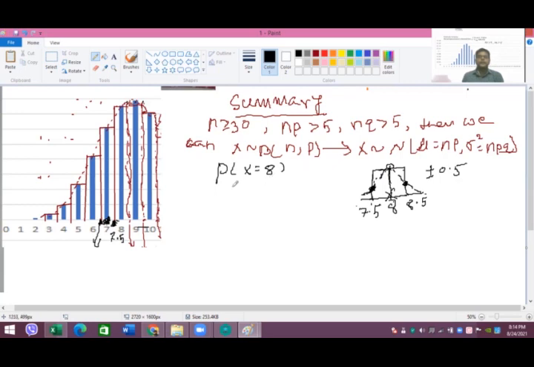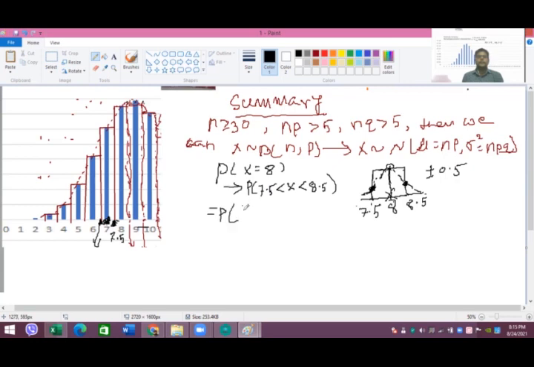So you have to find this probability. When you are making normal approximation, that means we consider the continuous point, so that is less than 8.5, and this is bigger than 7.5. Okay, so 8 is between these two. 8 itself is discrete, but these 7.5 and 8.5 are the points at the continuous part of this curve or of the histogram. All right, and after that you can convert that into z.